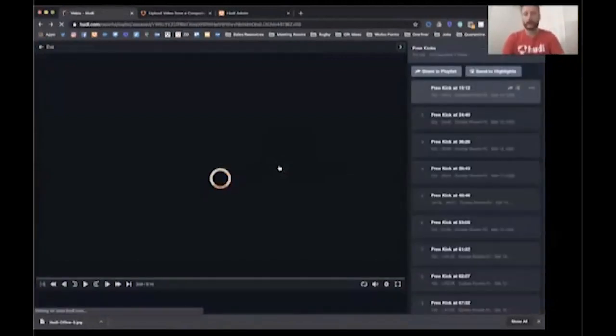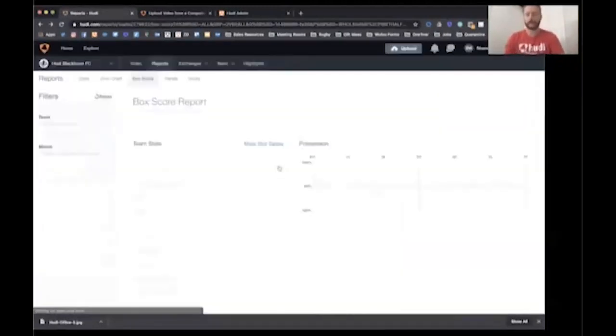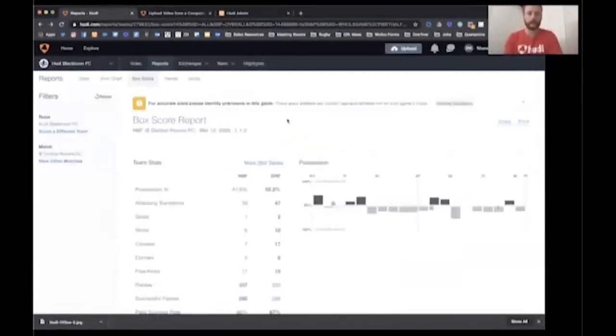Anytime we tag a game, we do both home and away teams. So regardless of who sends the game to us, we will tag both sides and you'll get back the full stats for both teams. So you can see not only how many shots you are having throughout the course of a season, for example, but you can also see how many you're conceding, regardless of who the opponent is.